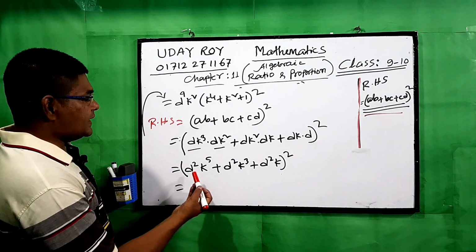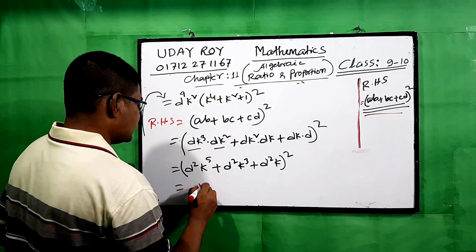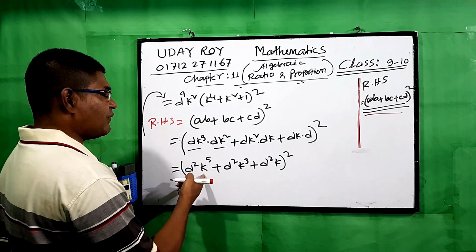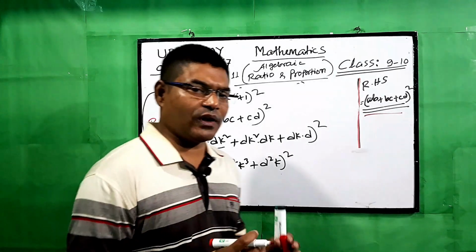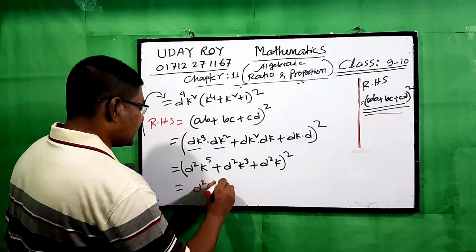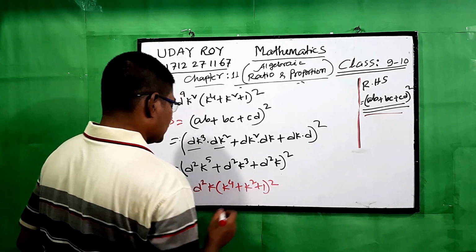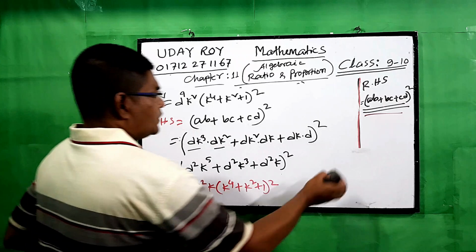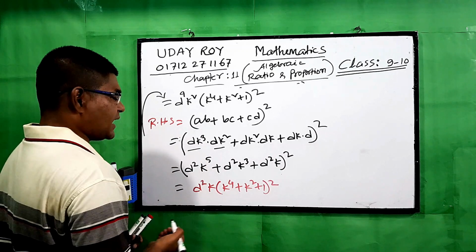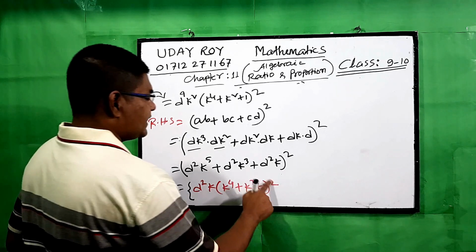So here we have d square, d square, d square. We can easily take d square common, and here we have k cube, k 5. So which is the smallest one? The smallest one you have to take common. Here k is the smallest one. We can write k4 plus k square plus 1 whole square. After completing the task, you have to be careful: here is a whole square, and here is also a whole square. So use the bracket carefully.